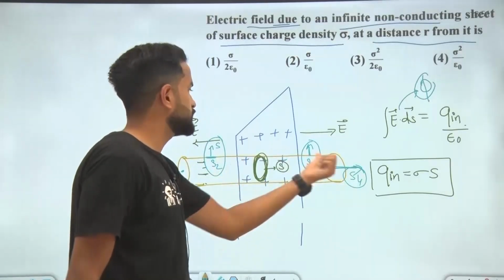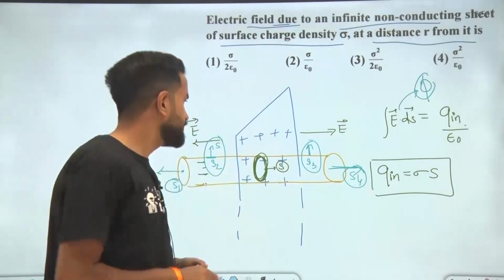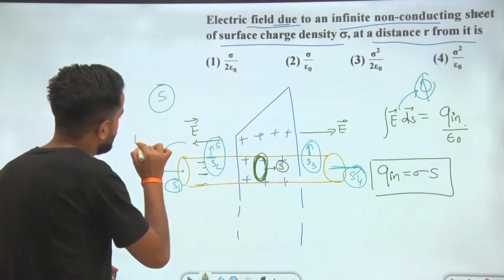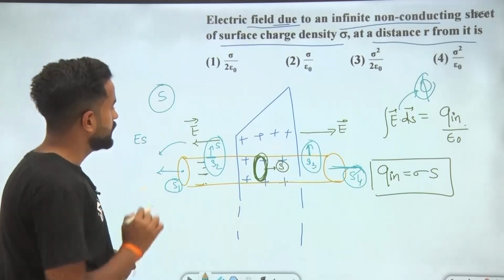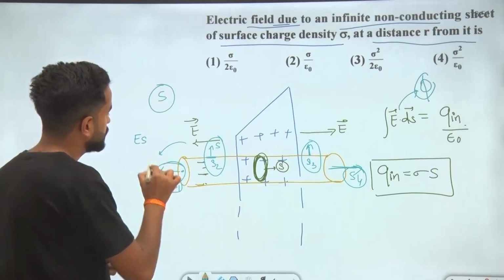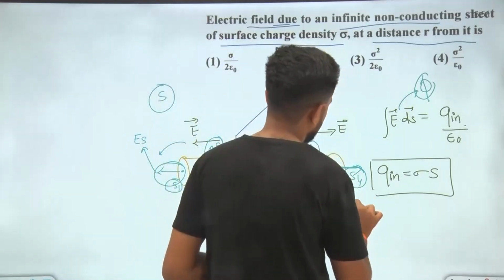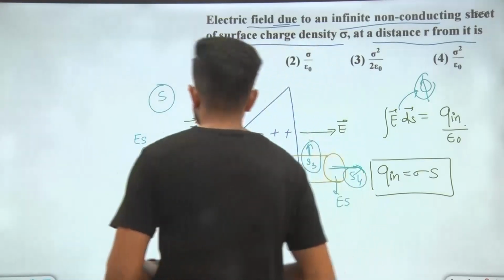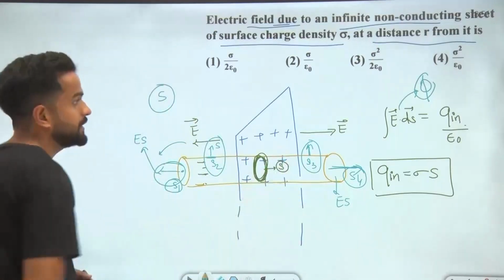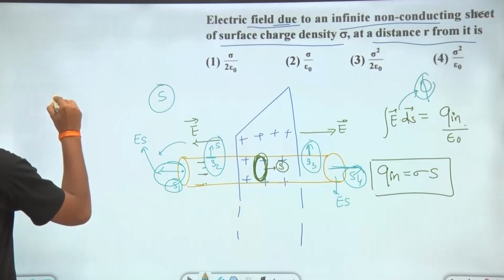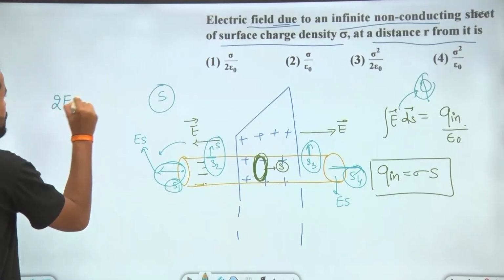These two surfaces have no flux. Due to surface S1 the flux will be ES, and due to surface S4 the flux will be ES. So the total integral E dot dS, the total flux, will be twice ES,